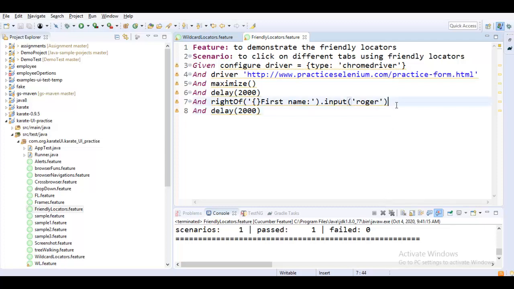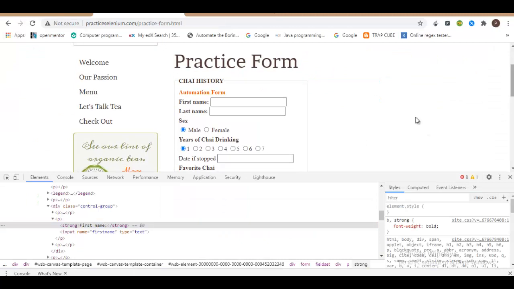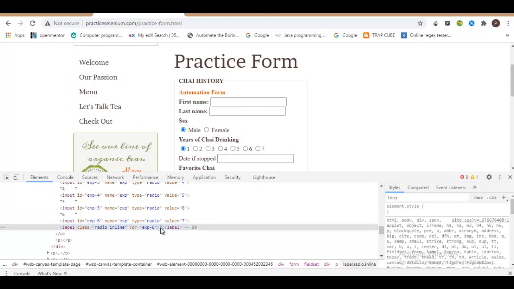So in a similar fashion, I can also use the left of function. Say for example, I wanted to click on one of these radio buttons. I have a label 7 here, and I wanted to click on this particular radio button. So let me use the left of function.